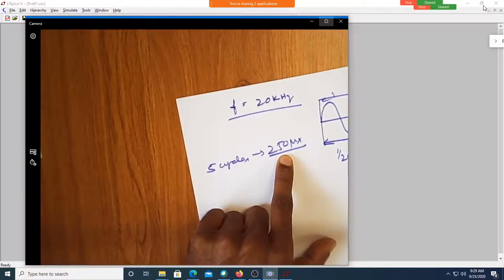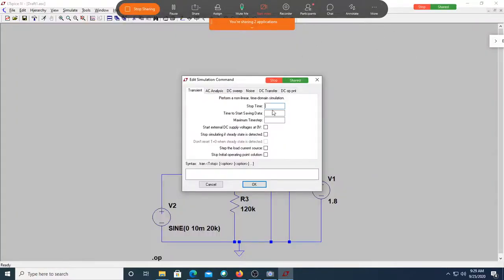So I will go back to this simulator and make it 250 microsecond. Correct? Now are you getting it? I want all of you to understand why I'm writing 250 microsecond, why not 1 second, why not 20 second, why not 1 hour? Because I have to see only 5 cycles. If you want to see 10 cycles, what should this time be? 500 microseconds. It should be 1 cycle multiplied by 10, because the time taken for 1 cycle is 50 microsecond times the number of cycles you want to see. Since I am restricted to 5 cycles, it is 250.